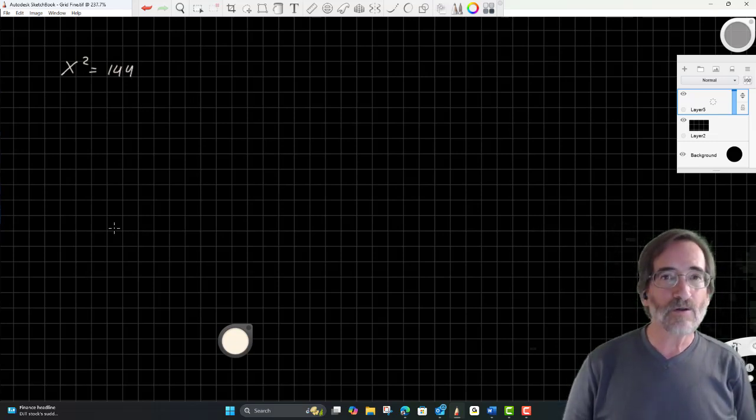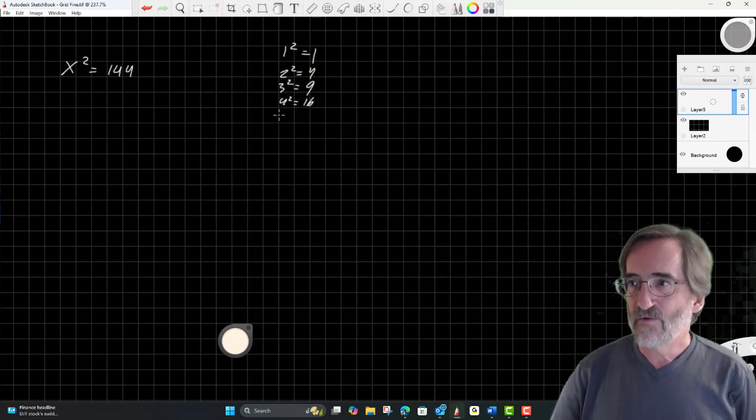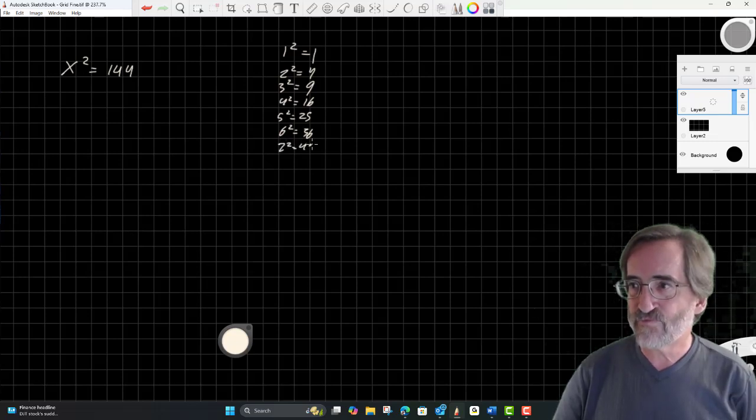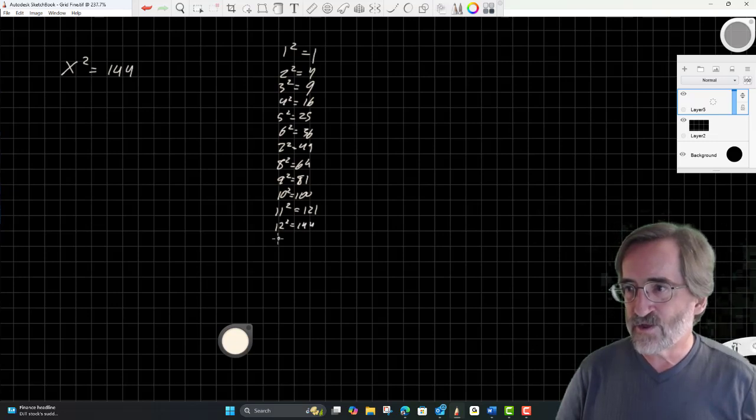Now you may recall your perfect squares. 1 squared is 1, 2 squared is 4, 3 squared is 9, 4 squared is 16, 5 squared is 25, 6 squared is 36, 7 squared is 49, 8 squared is 64, 9 squared is 81, 10 squared is 100, 11 squared is 121,